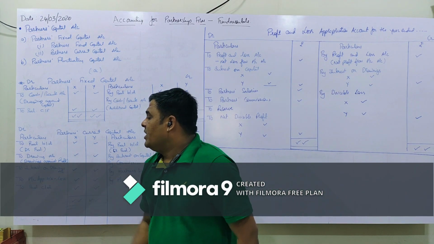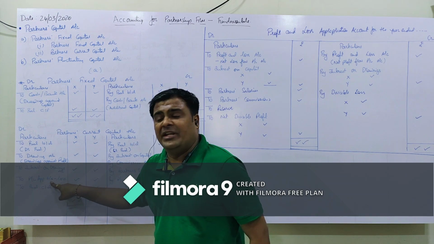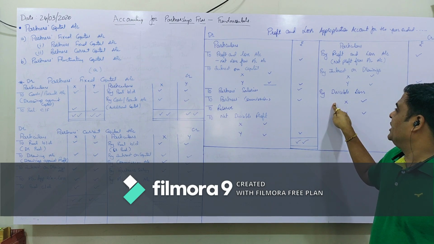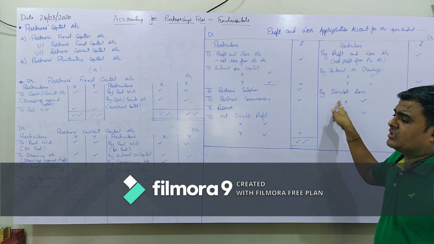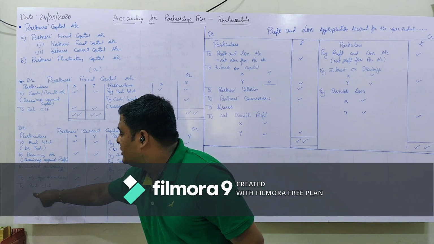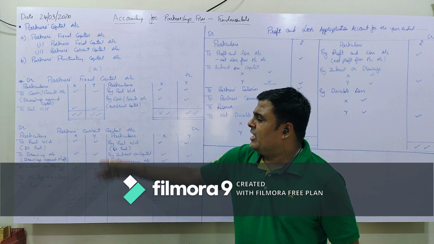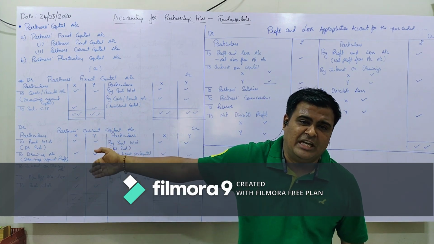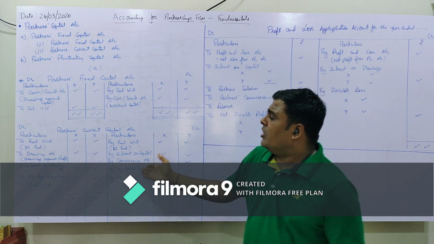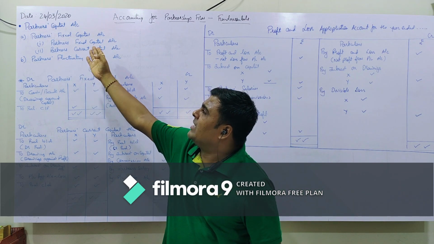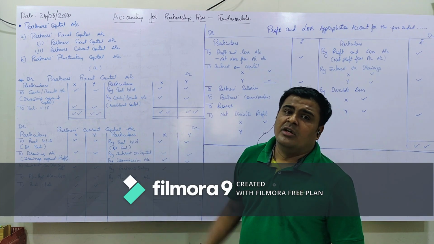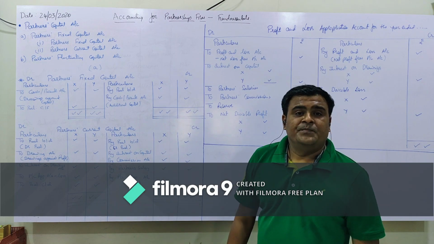The next item is "To profit and loss appropriation", that is loss. The loss which is on the credit side of the profit and loss appropriation account, this is the net divisible loss which is transferred to the partner's current capital account. And the last thing is "To balance carried forward". It's not necessary that you will always find a credit balance on the debit side. You can also find the debit balance on the credit side. So this was our first method of the partner's capital account, which has the partner's fixed capital account and the partner's current capital account. I am giving you the time to note down.